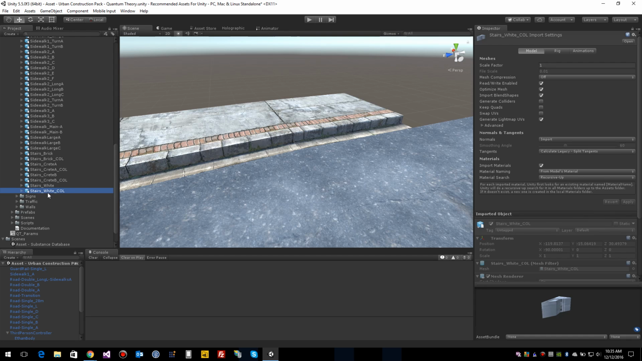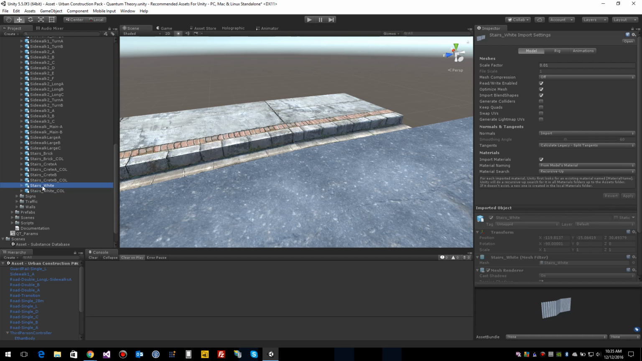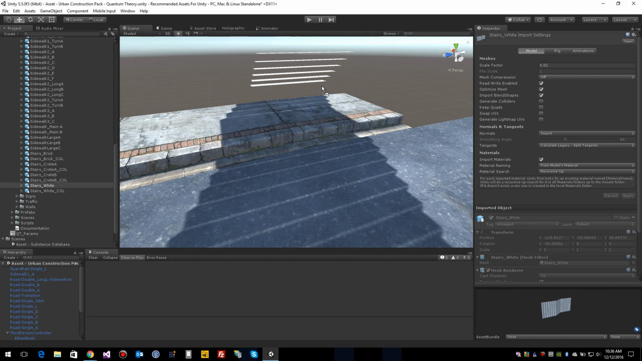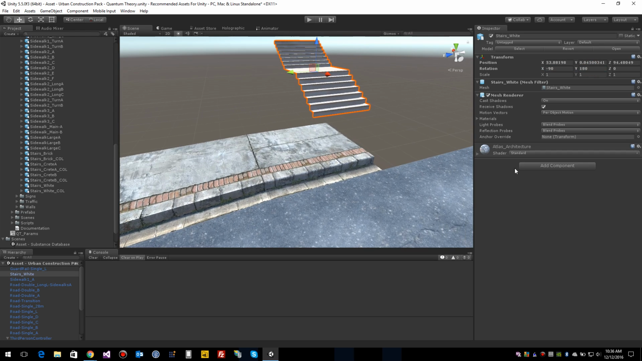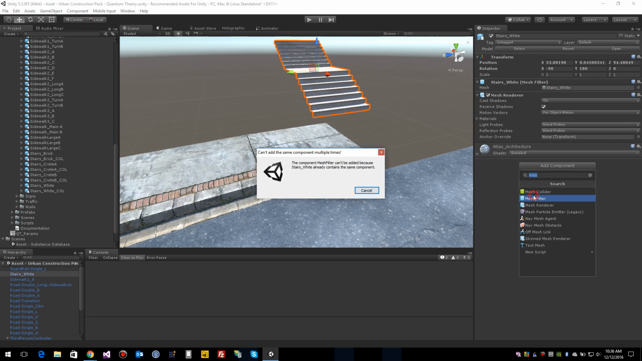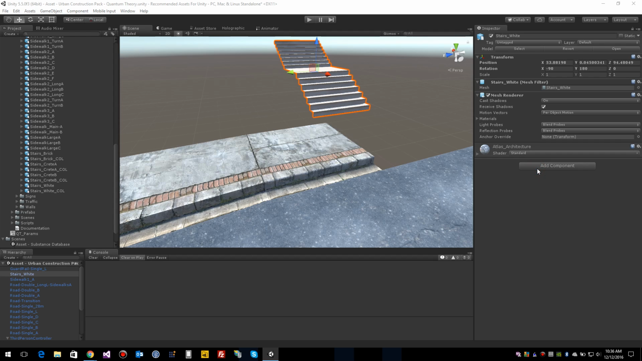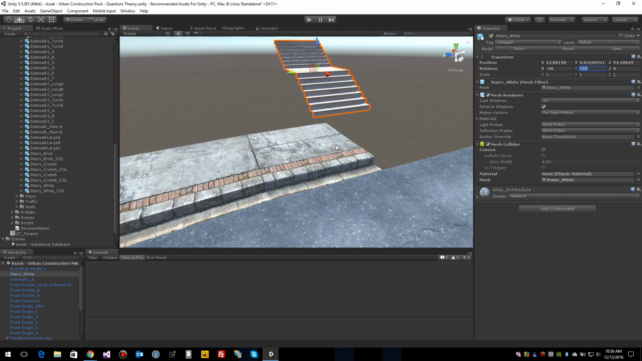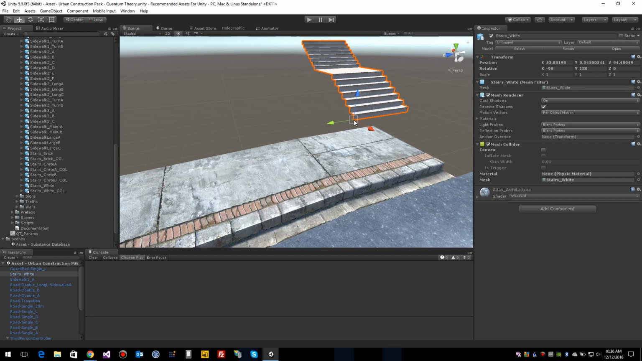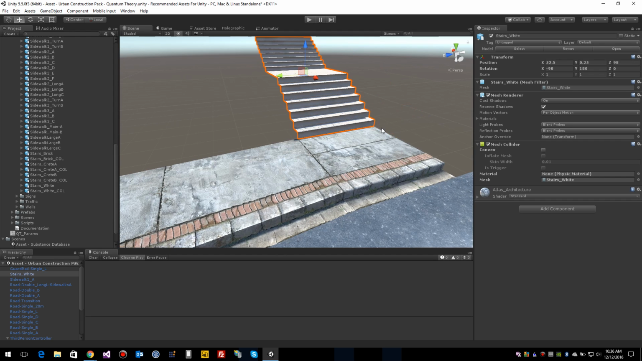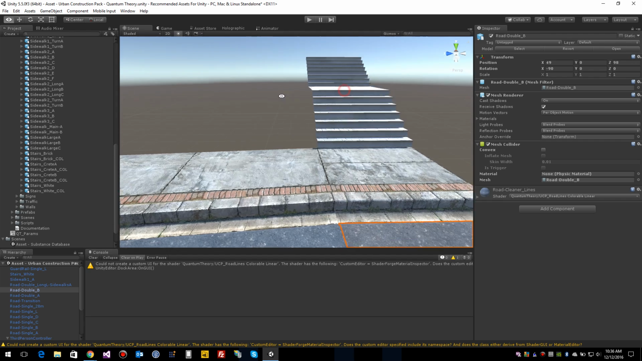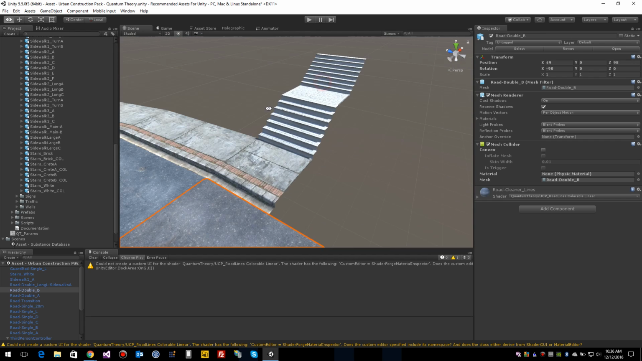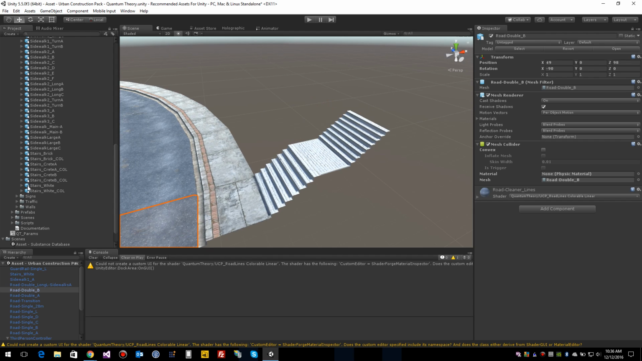So let's see if that one works here. Just rotate it 180 degrees. Of course, we will add mesh collider. We align the stairs. Let's add this section with this one, and we see that there are some stairs there. And then at the end of the stairs, we can continue